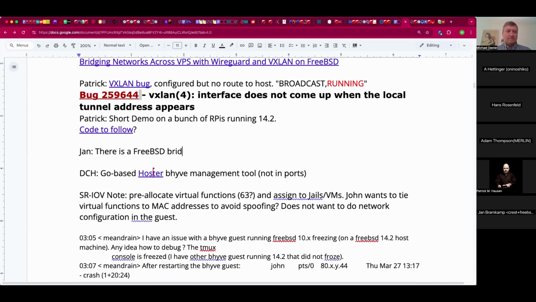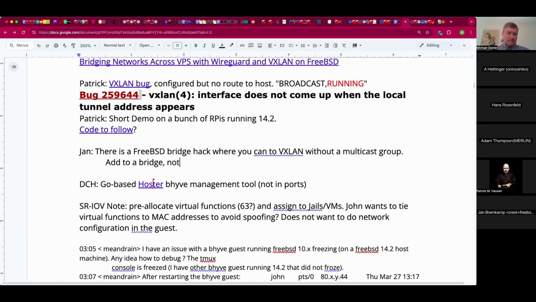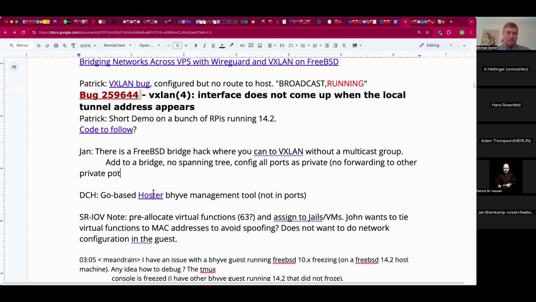You configure a full mesh of VXLAN interfaces, add them to a bridge, disable spanning tree on them so that you would have a perfect loop of a fully meshed channel network, and then you configure all of the VXLAN ports as private, which means that if a frame is received on a private interface, it will never be forwarded to a private interface, which breaks the loop